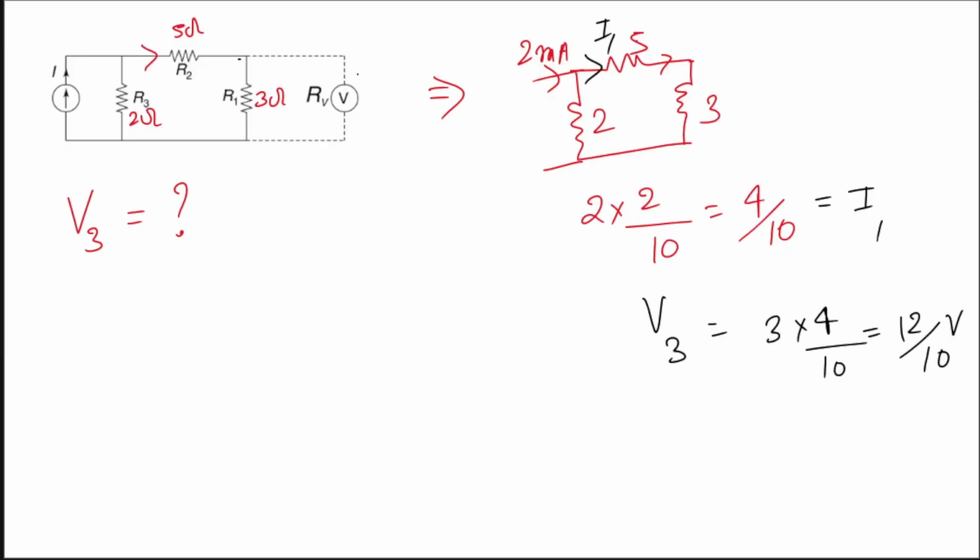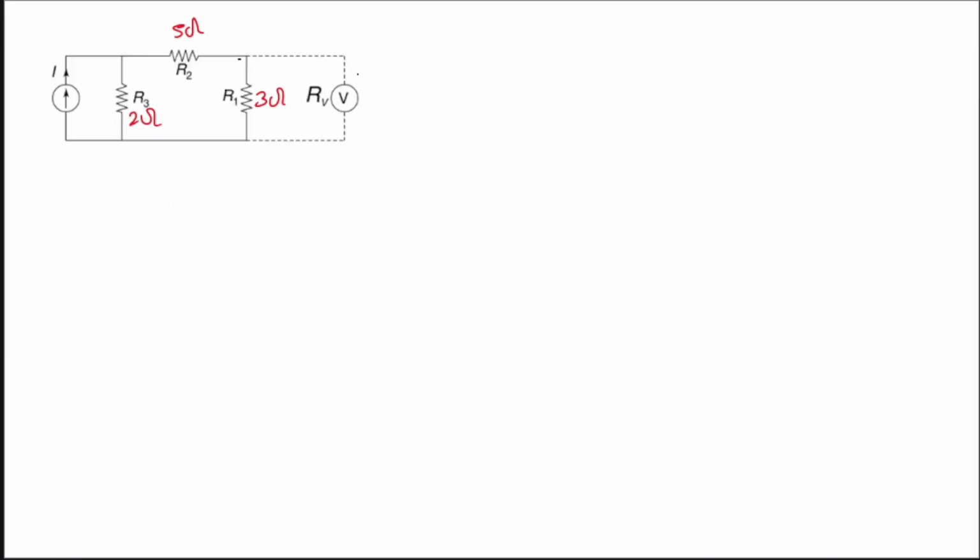Now we need to calculate voltage drop across 3 with the connection of voltmeter. ठीक है. So चलो अब voltmeter को साथ में लेकर चलते हैं. So if there is a voltmeter over here of 6 kilo ohm, all are in kilo. ठीक है. So this is this 6 kilo ohm. So these two are in parallel. Again 6 and 3 will become 2, and in that case now circuit will become how much?